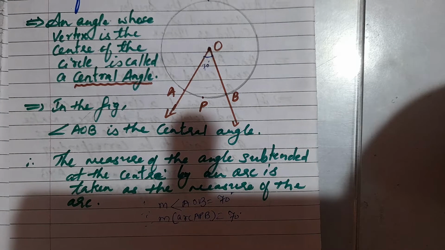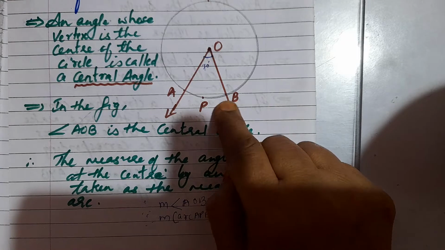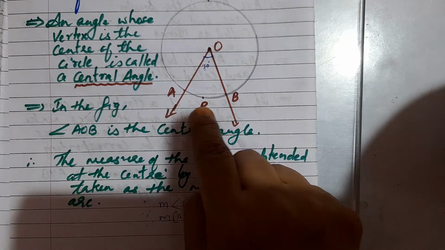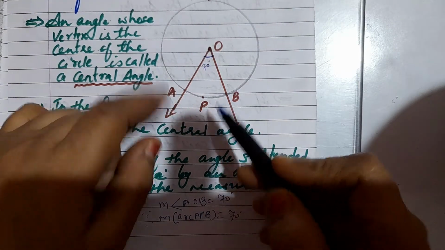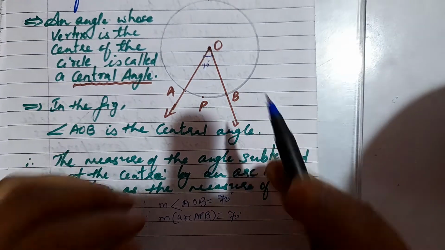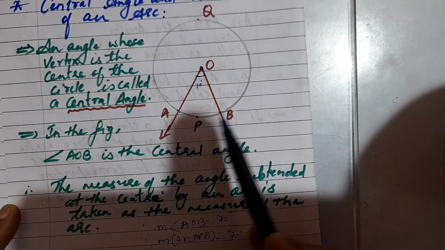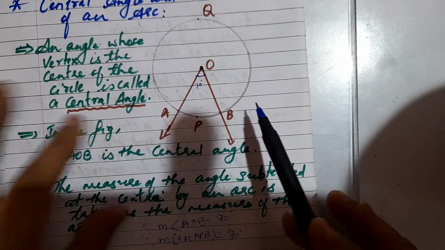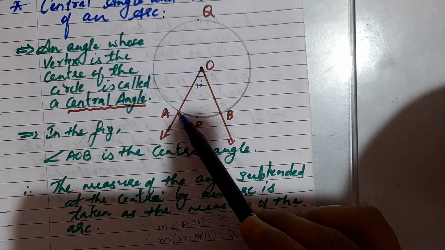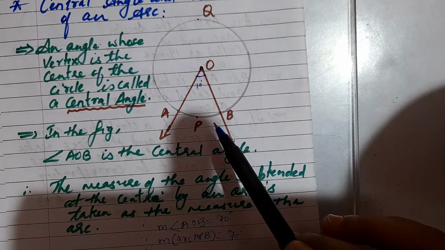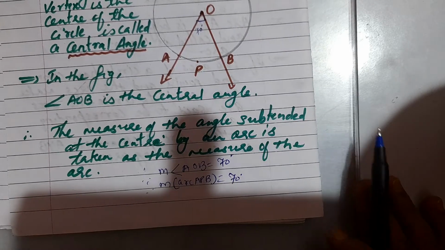Again I repeat, children, whatever is the measure of the central angle, the same will be the measure of the minor arc, not the major arc. Here APB is a small arc, right? Only this much is the small arc, and the remaining AQB becomes the major arc. In this figure, the minor arc is arc APB, and AQB is the major arc. So I am speaking about the minor arc. The measure of the minor arc will always be equal to the central angle. Clear? So this is the meaning of this particular statement.